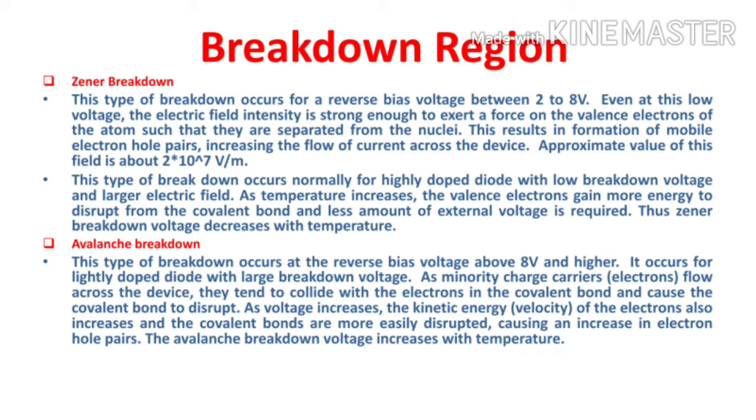The reason for breakdown will be of two types, Zener breakdown and avalanche breakdown. So Zener breakdown occurs when the voltage is varying from 2 to 8 volts. So low voltage, that is when a triggering electron or agitating electron will go and hit the neighboring one, that neighboring one will go and hit the other, likewise it will move on. So this happens in low voltage only.